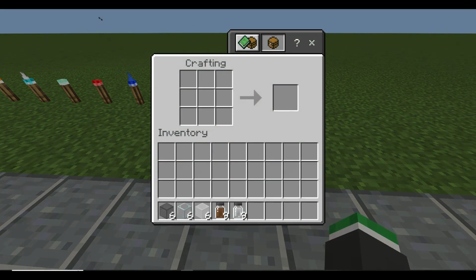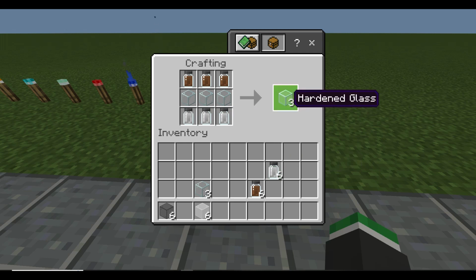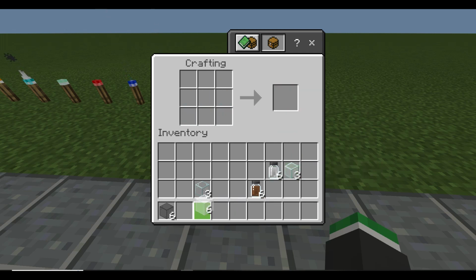Next we are going to make hardened glass. So you get the glass of your choice. Then you put aluminium oxide on the top and boron trioxide on the bottom to make hardened glass. You can also do it with stained glass, as you can see, the only glass that you cannot do it with is